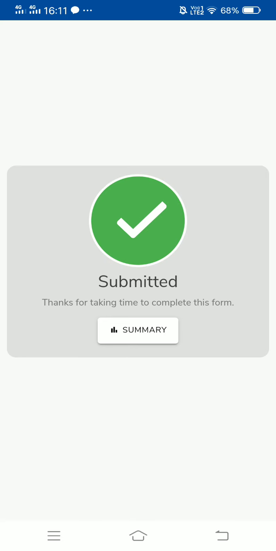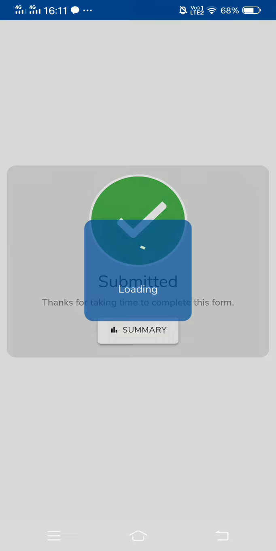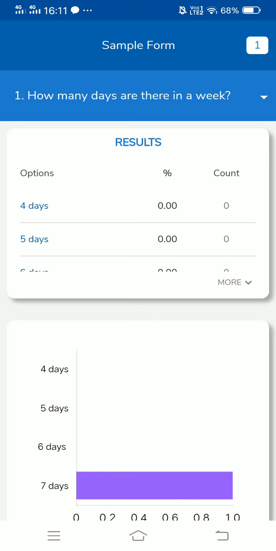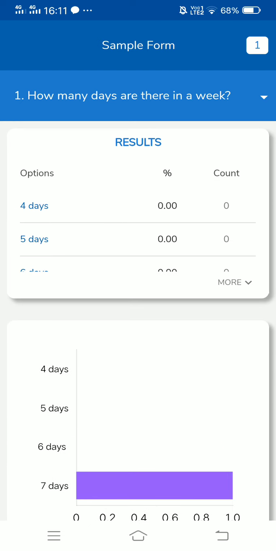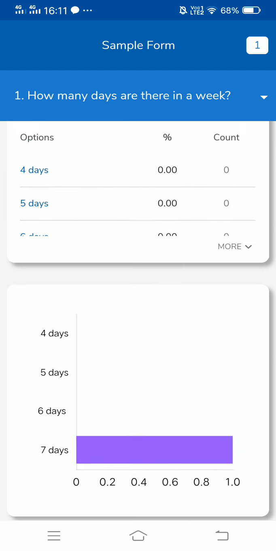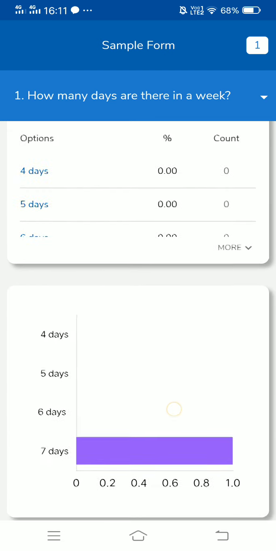As we have set in the settings, we can see the summary, I mean the respondents' summary. Since only I have submitted this link, I'm not able to see many responses. There is only one form submitted, so it shows how many of the people have marked 7 for the first question.